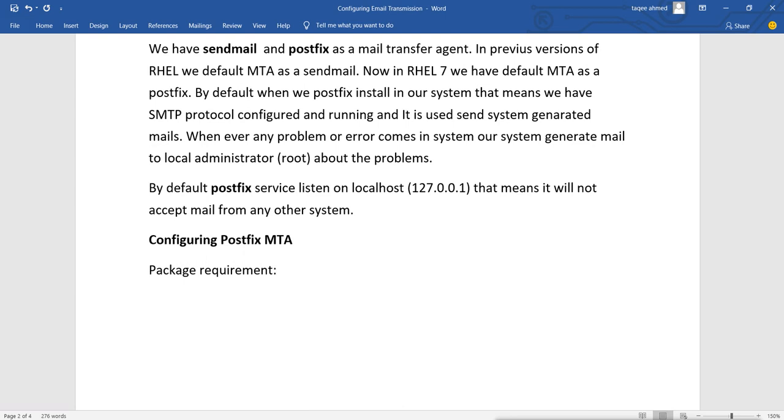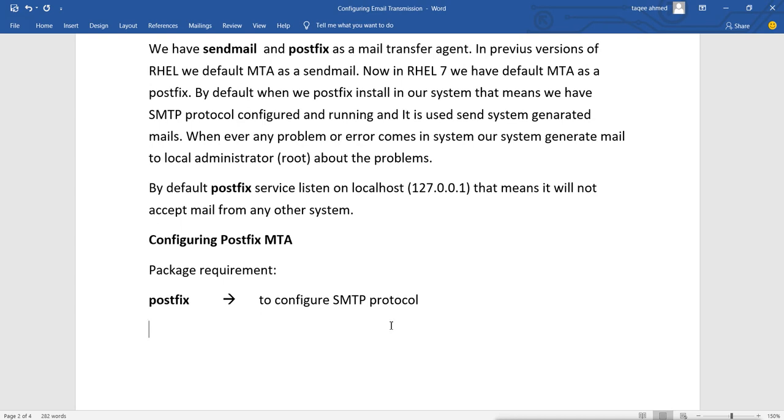The package we require to configure this is postfix. This is to configure the SMTP protocol in our Linux system.